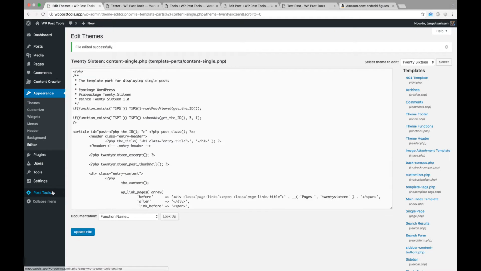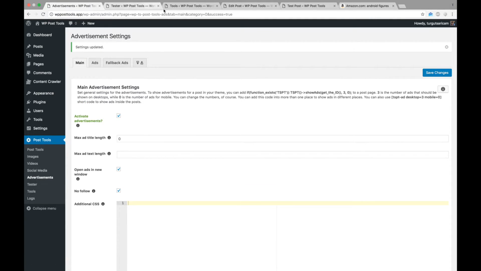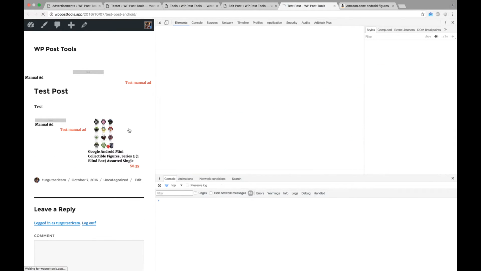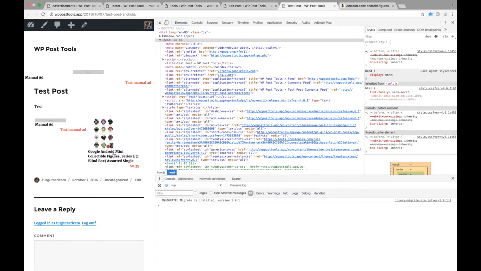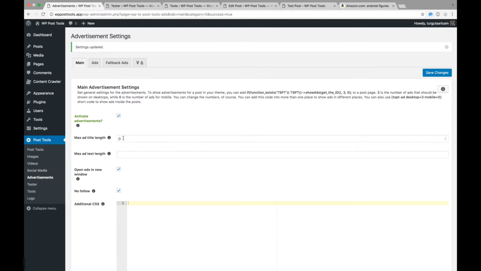We can also limit the length of ad title. Let's do so and make sure the ads are opened in a new window, and the links are not followed. Oops.